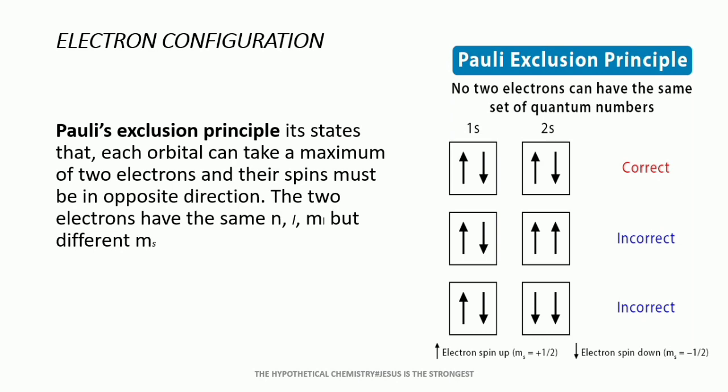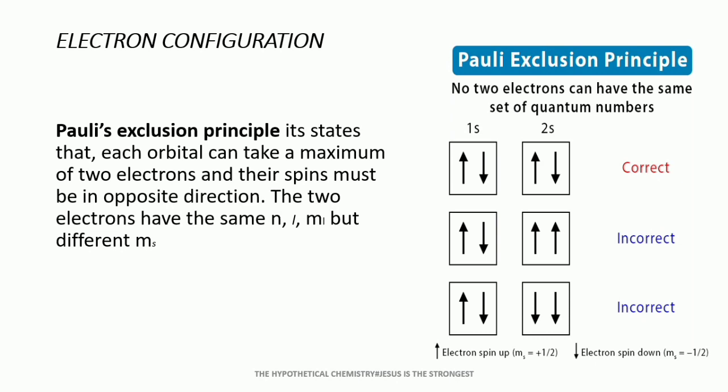So when you pick any orbital, what Wolfgang is saying is that each orbital can take a maximum of 2 electrons and the spin must be in an opposite direction. In other words, as we learn under spin quantum number, within a given orbital, one electron must spin up and the other must spin down. That is the clockwise and the anti-clockwise direction. Yes. So Wolfgang is saying that each orbital can take a maximum of 2 electrons and their spin must be in the